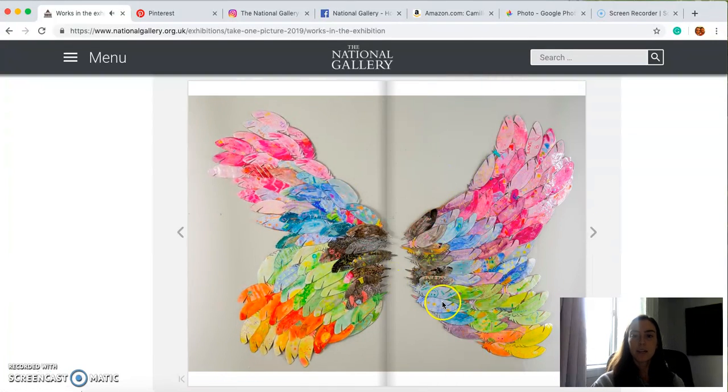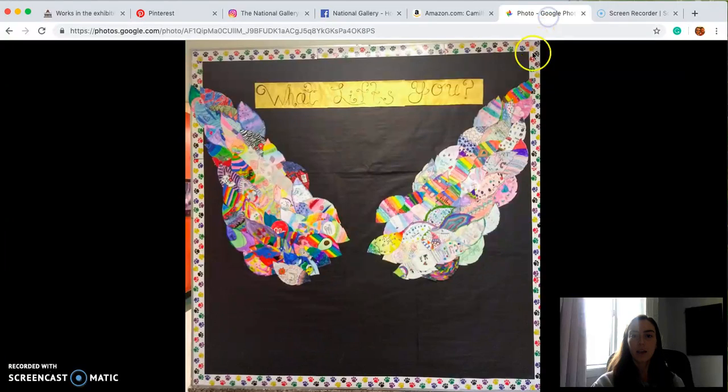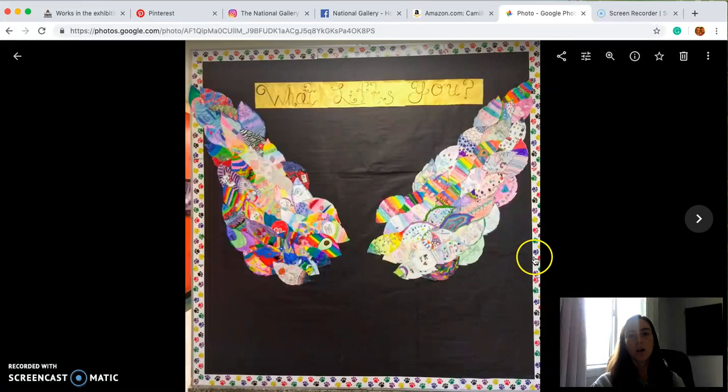So in connection to this session that the National Gallery hosts, I too have done a wing assignment with my 4th graders, and we called it What Lifts You. So this is a bulletin board that I put up at my school, and 4th graders created individual wings that they chose any type of symbol or colors or idea, and they put that on their wing in regards to what